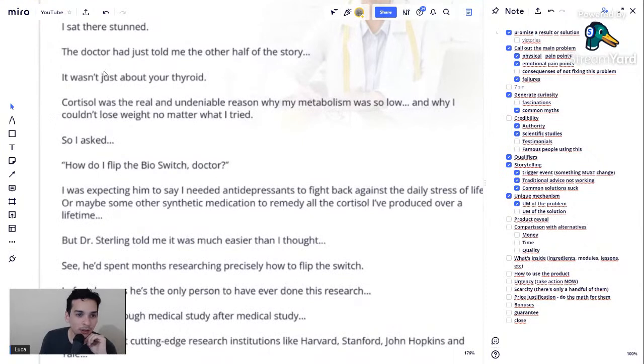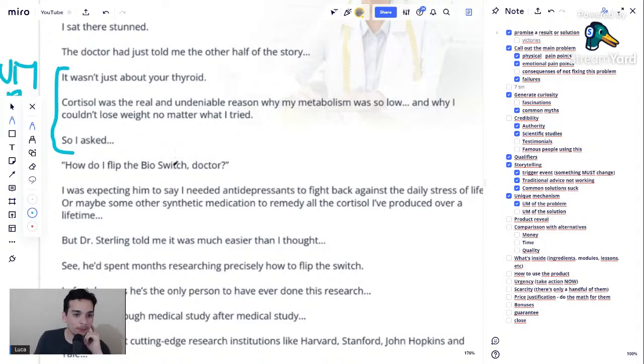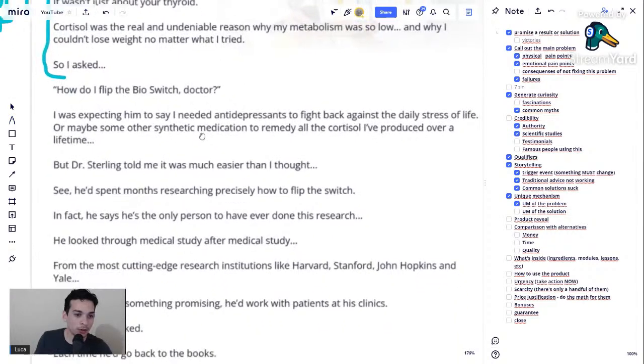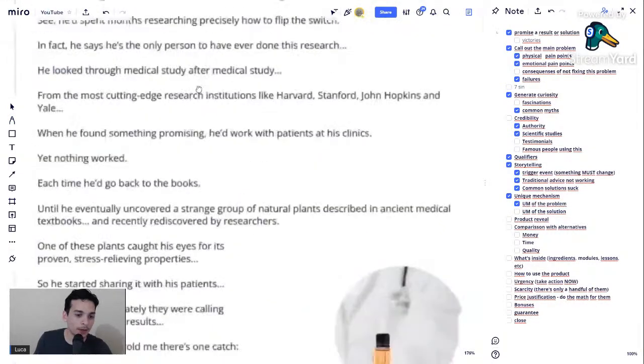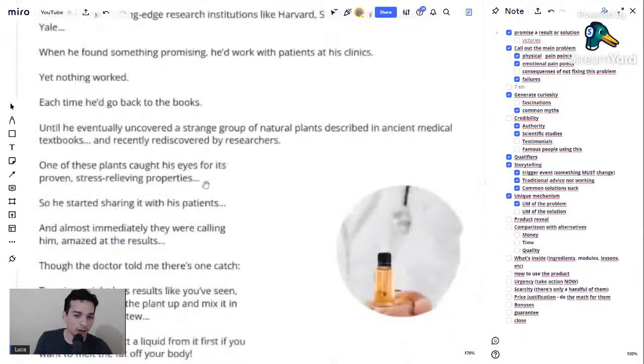I sat there stunned. The doctor had just told me the other half of the story. It wasn't just about your thyroid. Cortisol was the real and undeniable reason why my metabolism was so low and why I couldn't lose weight no matter what. So this is basically the unique mechanism of the problem, right? How do I flip the bio switch, doctor? Blah blah blah. I'm going to jump to the unique mechanism of the solution, which is